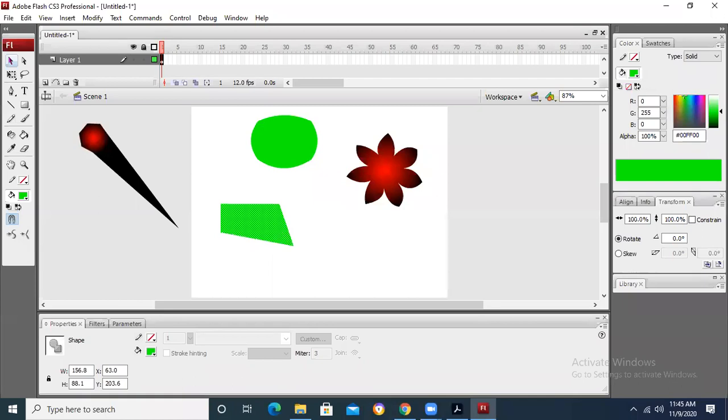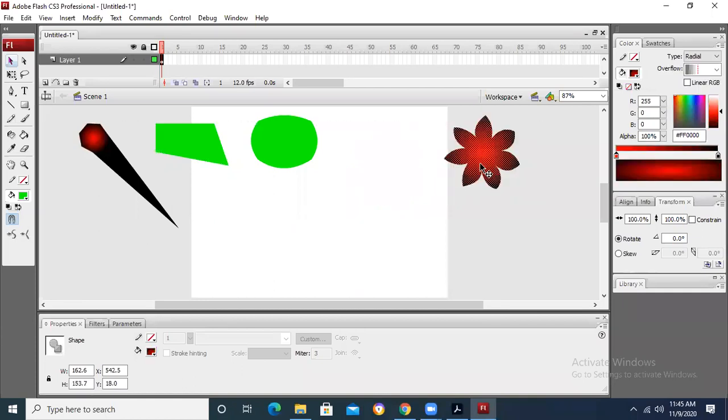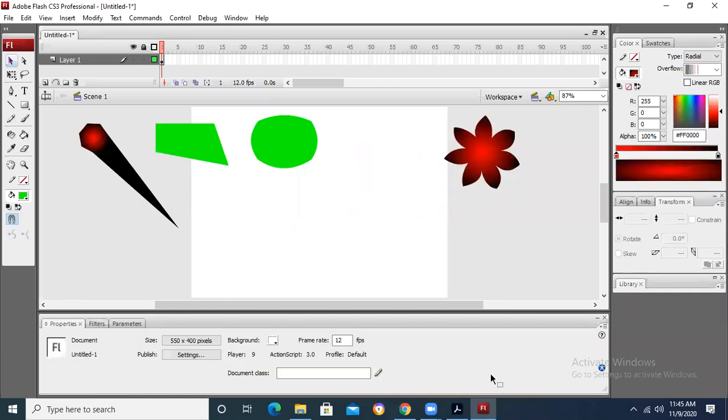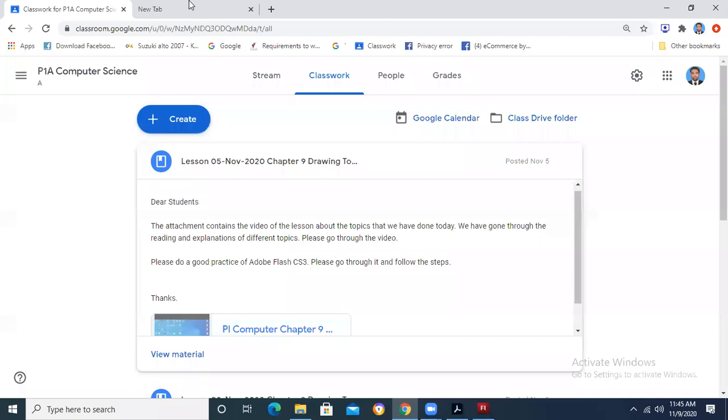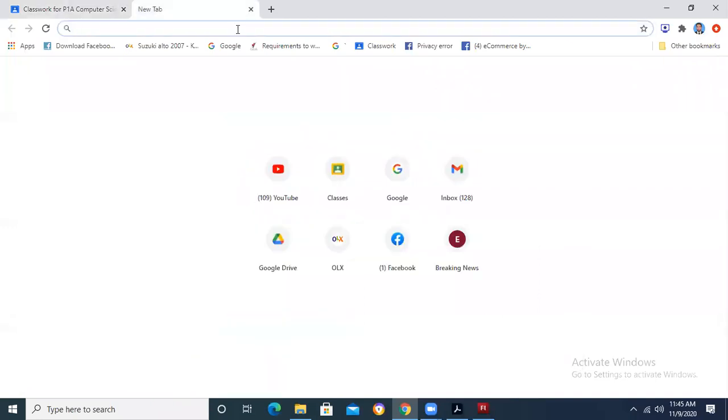This is the thing that you can apply, and you can make changes in different kinds of objects to make different kind of things. In the same way, I had told you that you can draw, let's suppose, a boat or car or something, and you can try to make some things like that. What kind of drawings are there that you can make over here? If you go to Google, you will be able to see